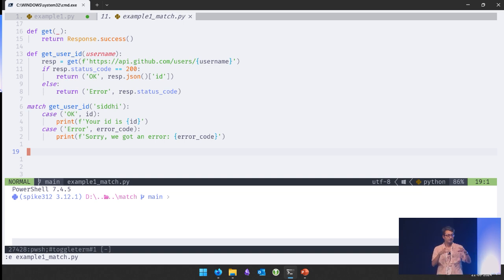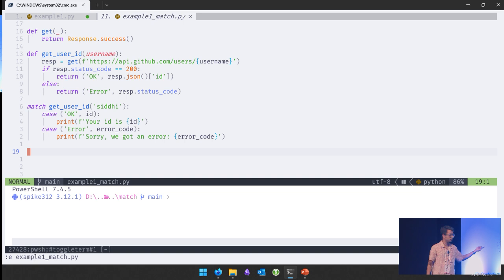So just like in regex, you can give brackets, and whatever matches to that will be extracted as a value, right? So here, whatever is the second item of the tuple will be extracted as a value and put into the variable ID. Okay, so in that print statement over there, I can use that variable ID. That value of ID is whatever is in the second spot of the tuple.